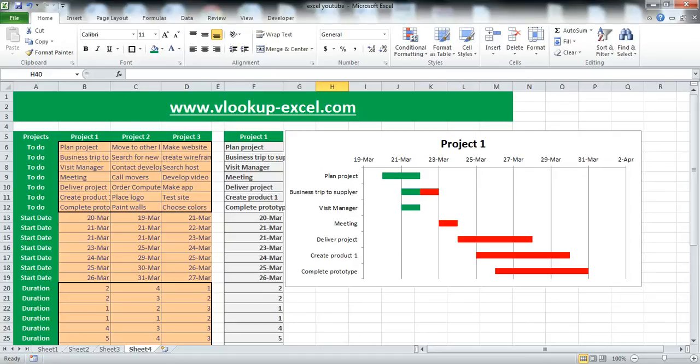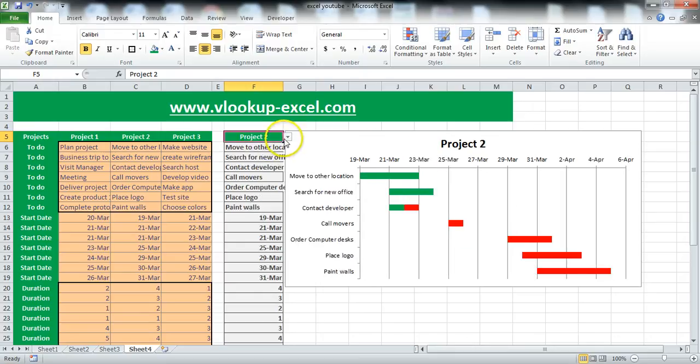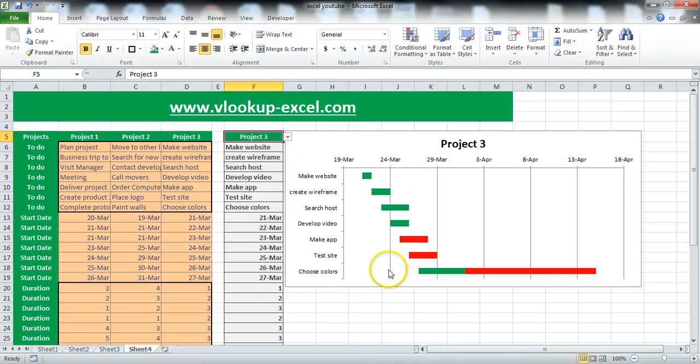vlookup-excel.com lecture, and today I'm going to show you a very exciting project, and that is how you can make a dynamic Gantt chart with 3-in-1. As you can see here, I can select different projects to track and instantly show you the graph, because